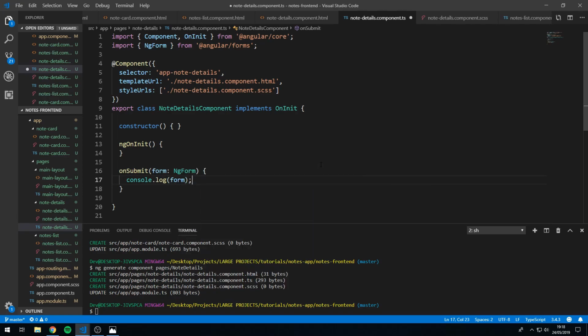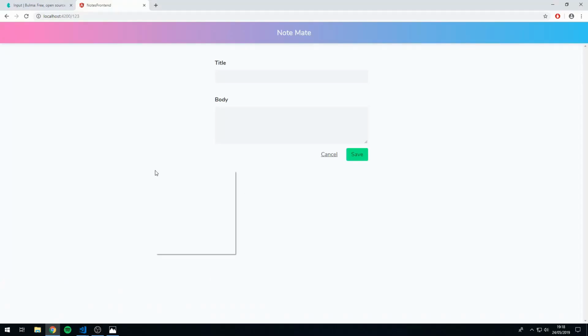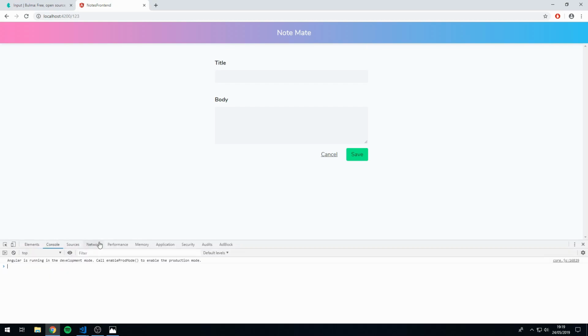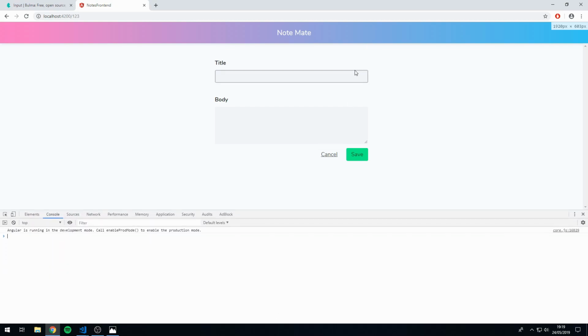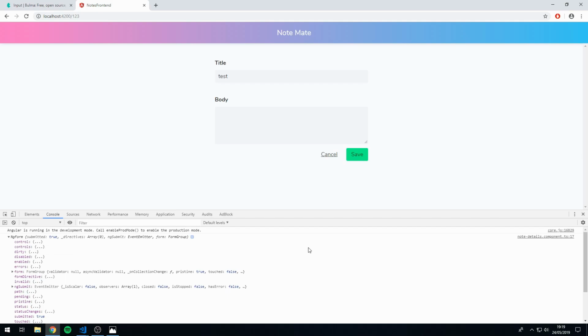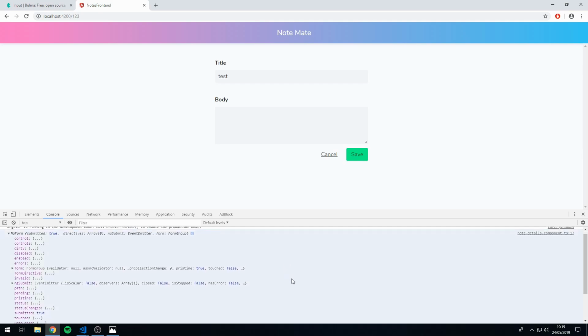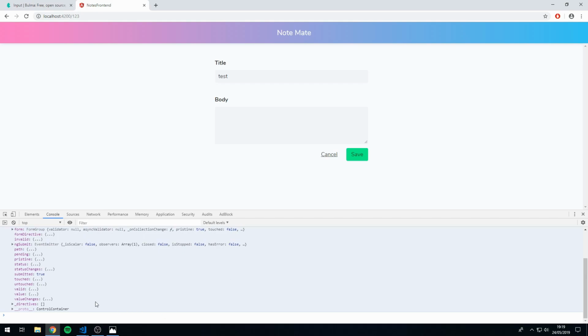Okay, save this and let's go back to our app, and let's go to the console, and let's go to the title, and let's type in test and click save. And now we get this ngForm object show up in the console. So let's open it up, and let's go to the value, and here we have an object,